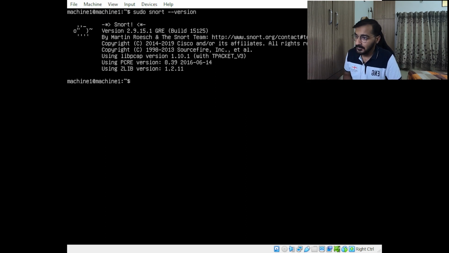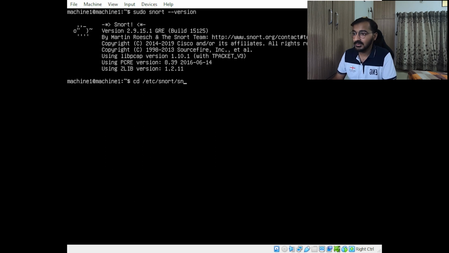Now we have to make some changes in the configuration of Snort, and that configuration is related to the IP range you have provided. If you go to cd /etc/snort,